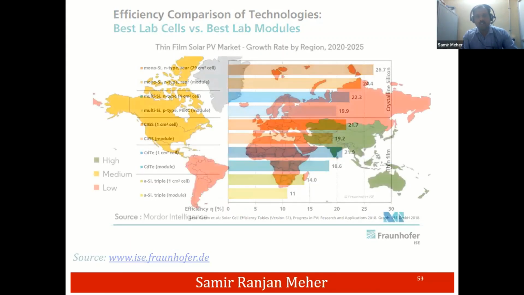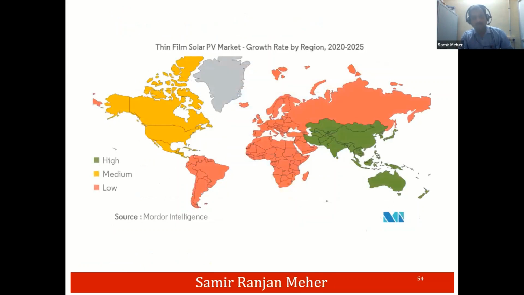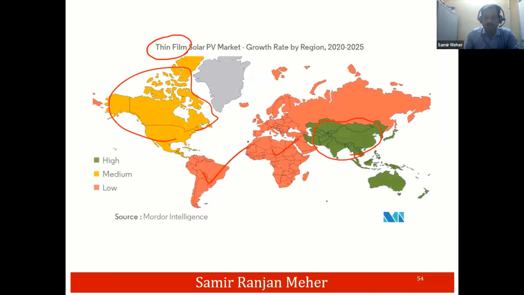So this is the current scenario for the thin film solar PV market. Remember, it is only the thin film, it is not the complete solar PV market. So here you can see in Asia, it is having a huge impact compared to other African or South American countries. In North America also, it is having some moderate impact, but especially in Asia and Australia, it is having a huge impact. So with this map, I would like to conclude my